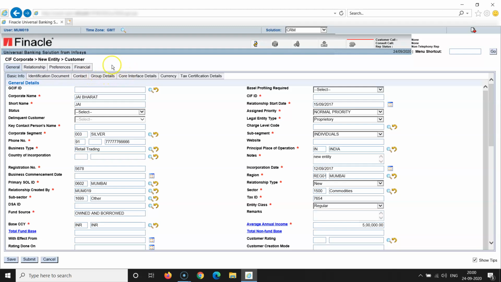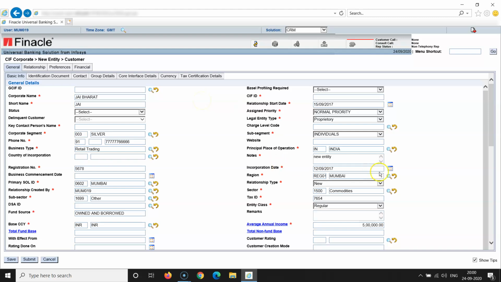Group details is for when a person has more than one entity under his name. So we can create a group entity and link all other entities with that group entity. Core interface, database, currency, tax certificate details, that is for FATCA, Foreign Account Tax Compliance Act here.